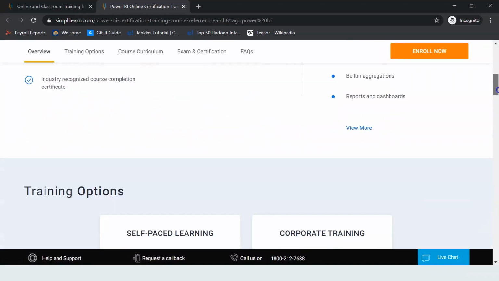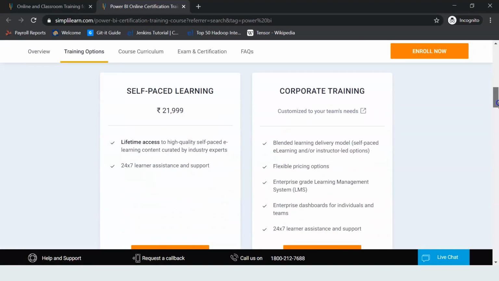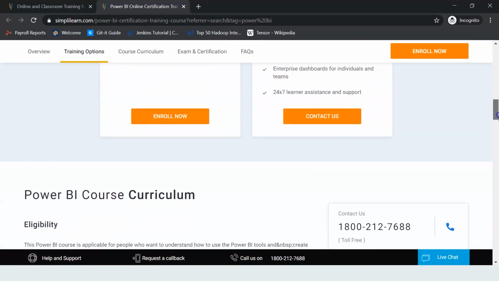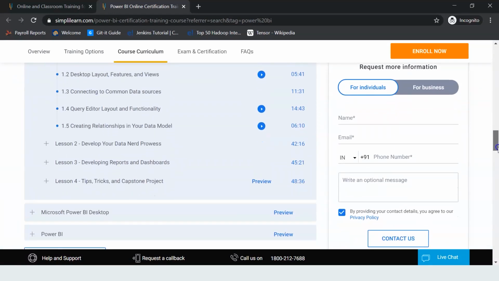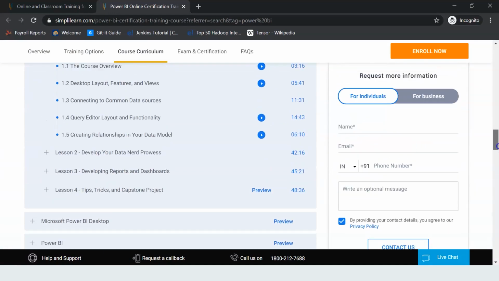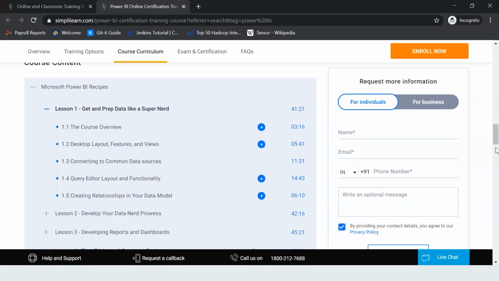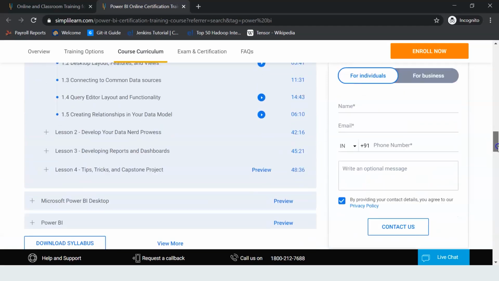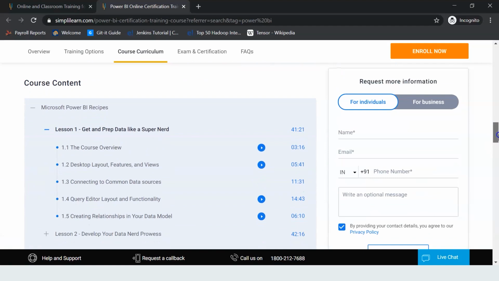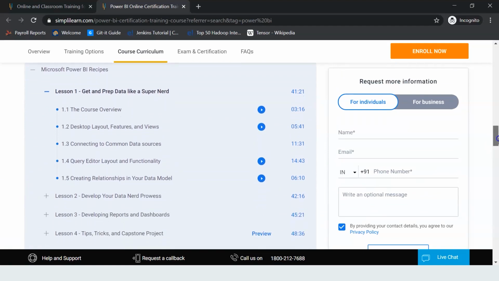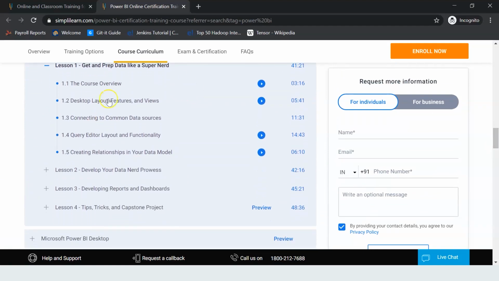So this course will help you learn about Microsoft Power BI desktop layouts. You will learn how to build business intelligence reports, dashboards, Power BI data analysis expressions, commands, and functions. So this is the course content. You learn about desktop layout, features, the views, connecting to common data sources.